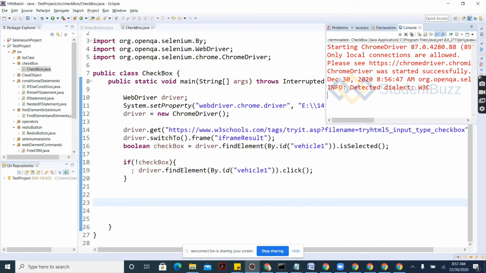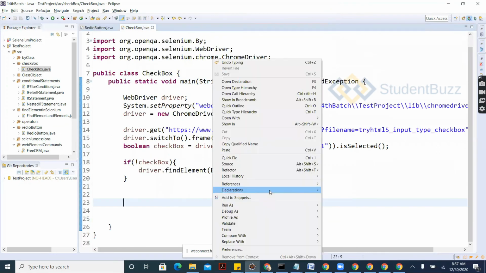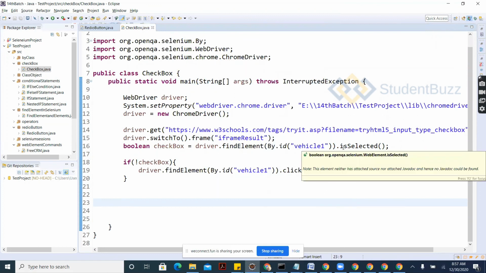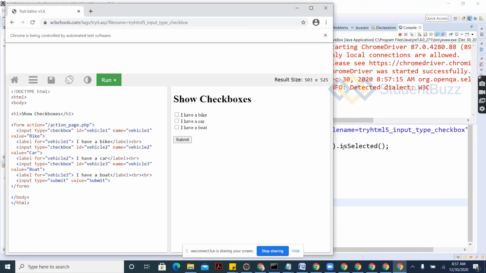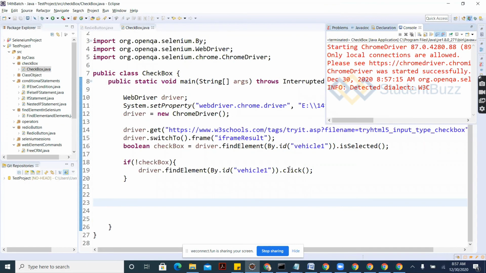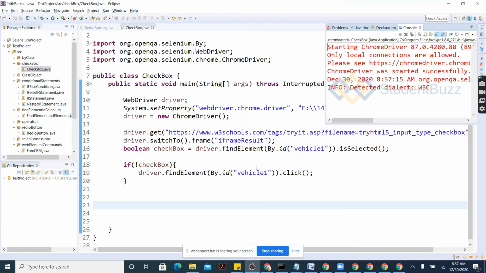It's not clicked, then it printed. So let's do it normally. Then it will click on it. If I'm not doing any operation manually, it will be selected. So make sure to use this if condition, and before that verify whether it is selected or not. If it's not selected, then only do the selection operation.